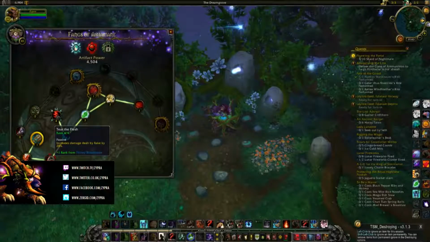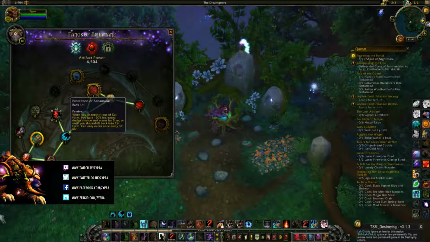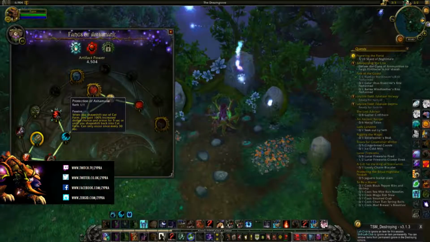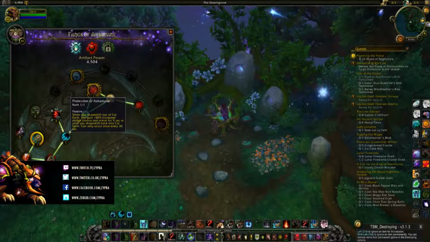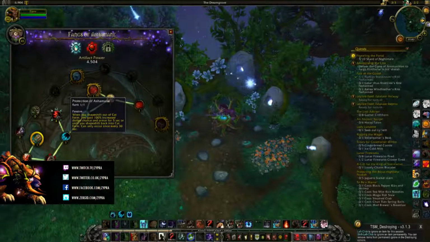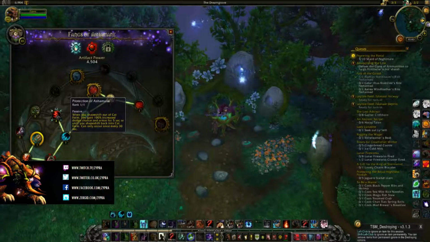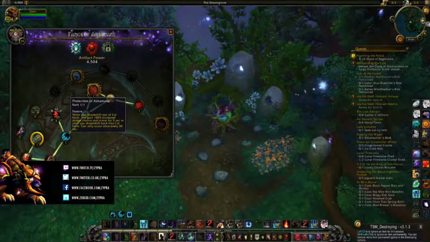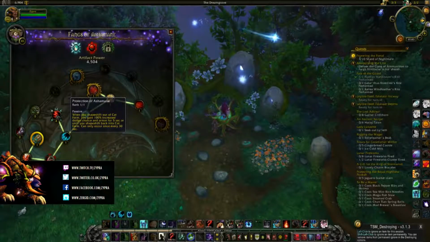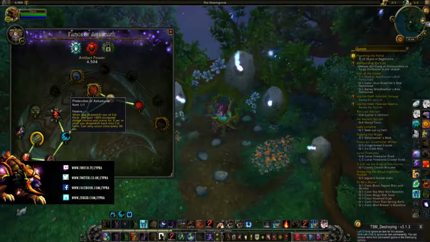So from this one here, we obviously have to move up, which would be the Protection of Ashamane. So when you shapeshift into cat form, you gain 100% increased dodge and armor for 5 seconds. Wow, that's an and or at the same time. Anyway, it's increased dodge and armor for 5 seconds, or until you shift back into cat form. So for the duration you're out of cat form, you get the increased dodge and armor,